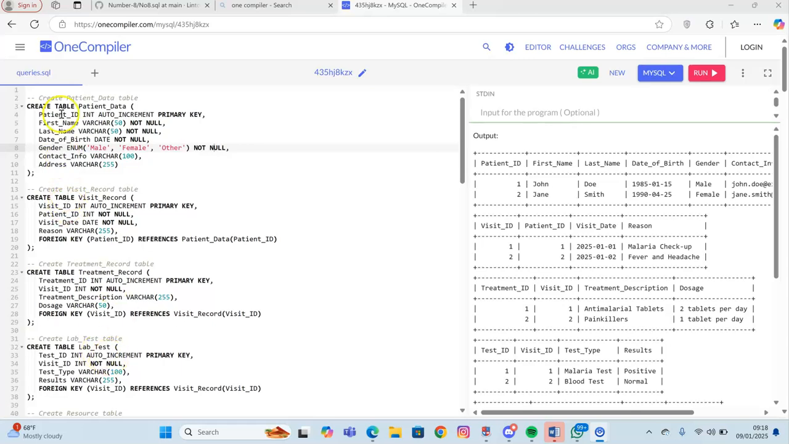As you see, we have a comment which says create the patient's data table. Then the third line says create table patient data. This table has the patient ID, which is the unique ID and the primary key. Then the first name, last name, date of birth, gender, contact information, and address. Contact information and address are kind of optional. And the patient ID is auto-incremented because